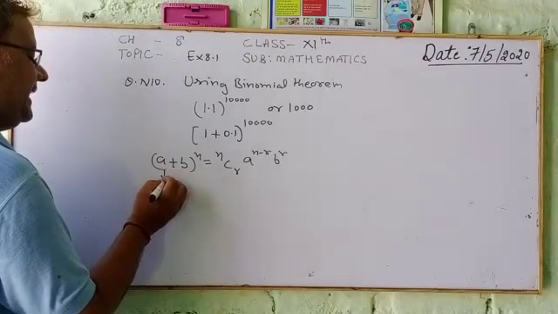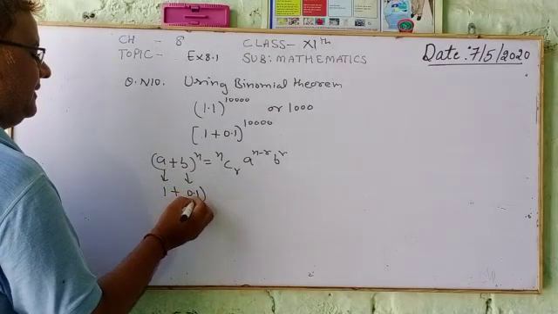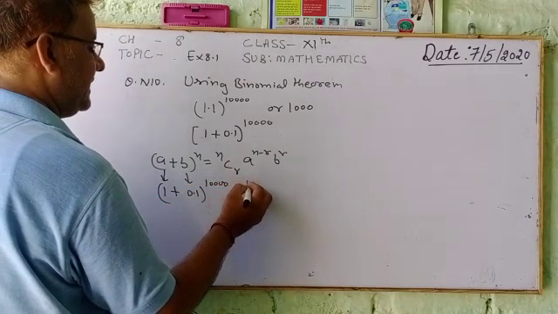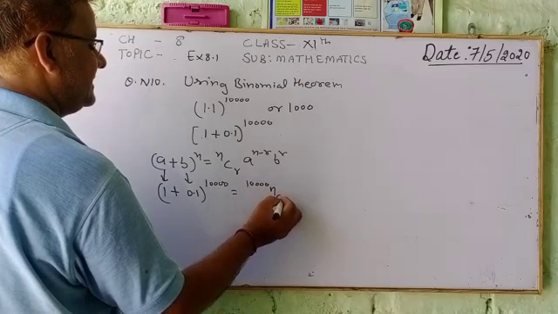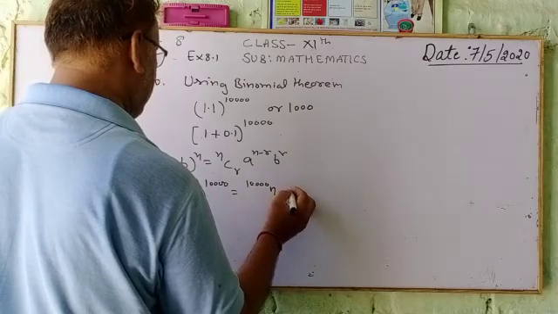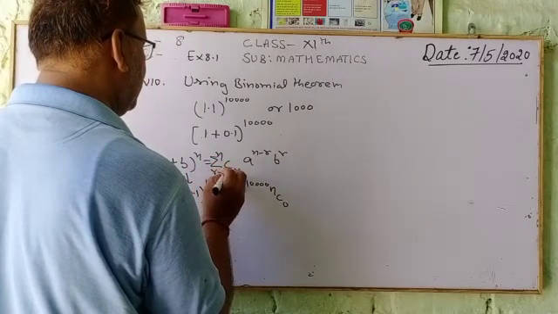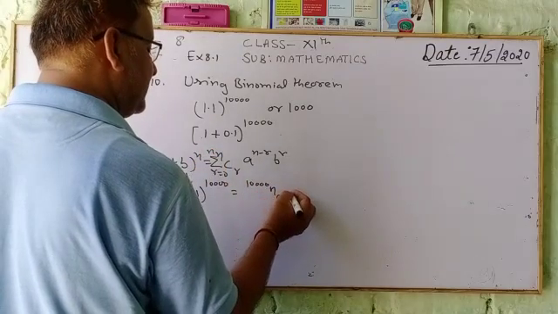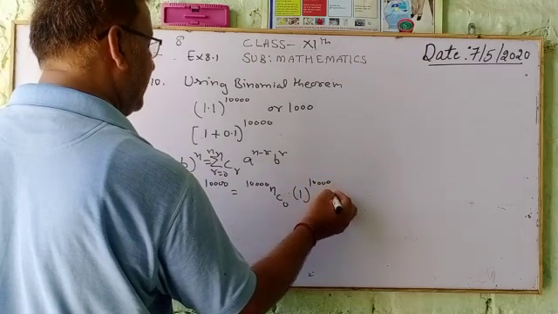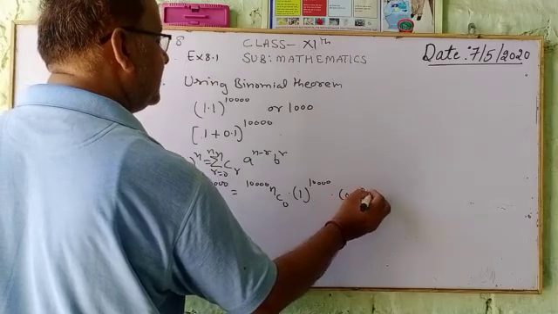So we are taking a as 1, b as 0.1, and n as 10,000. Sigma r from 0 to n. The first term is 10,000C0, 1 raised to power 10,000, and 0.1 raised to power 0, plus